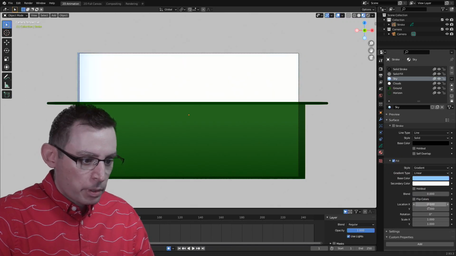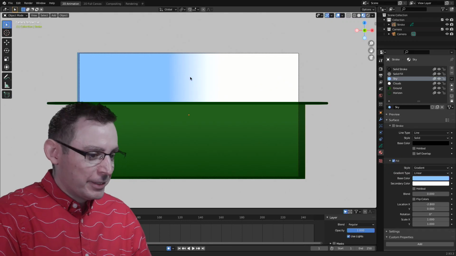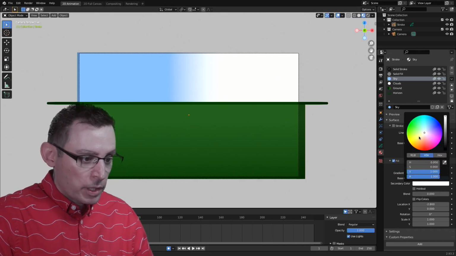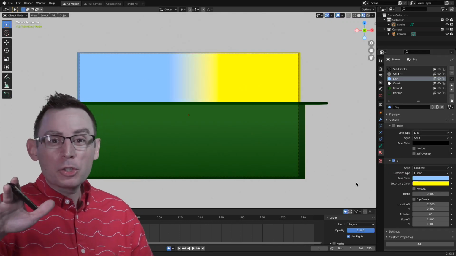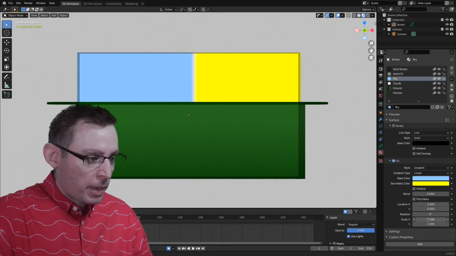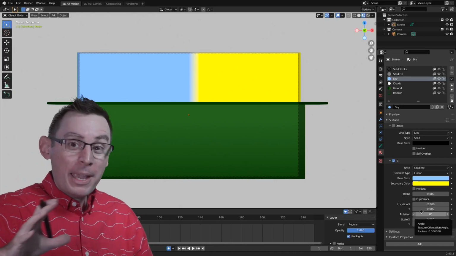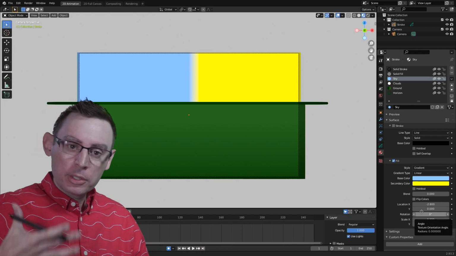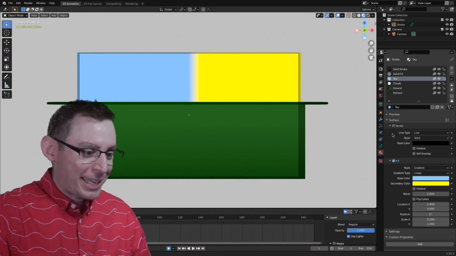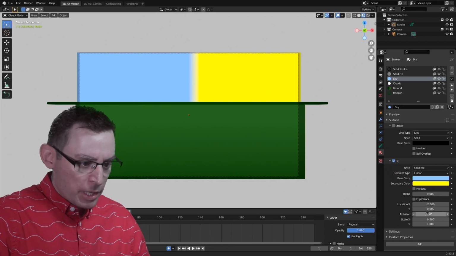We'll put it over at the blend value at 0. I'm going to change its location along the X. Of course, naturally, we don't want it to be a linear gradient. Let's make the colors really extreme. I like making the colors extreme just so I can see exactly what's going on. Oftentimes, that's the problem for my simple little eyeballs, is that I can't really understand what the computer's doing. So by making really noticeable colors, I'm able to understand precisely how these changes are affecting the illustration. Now, with that done, let's rotate this a little bit.